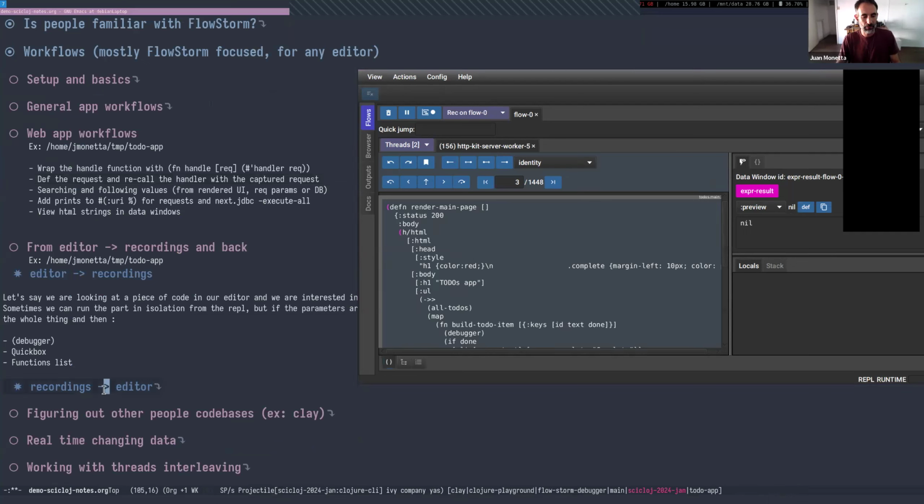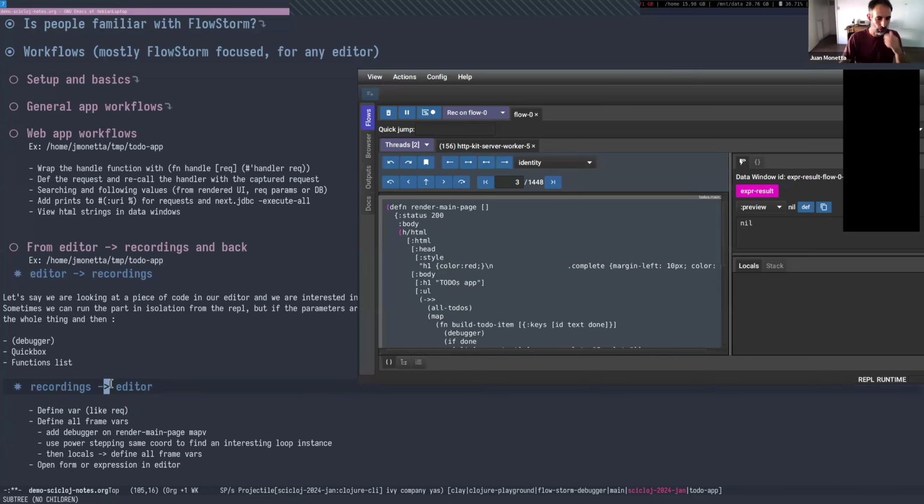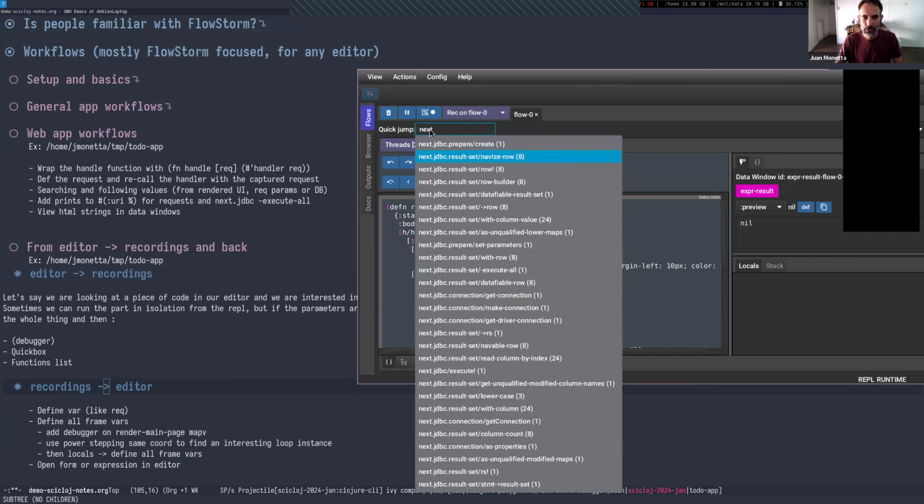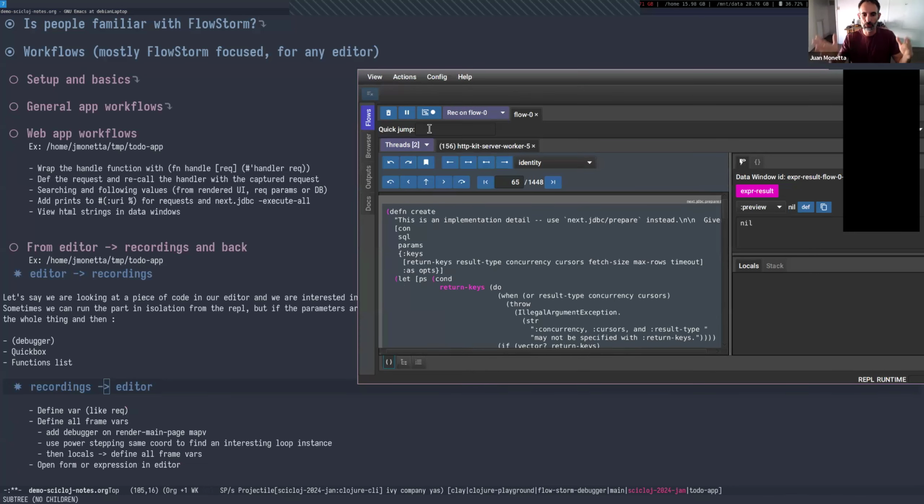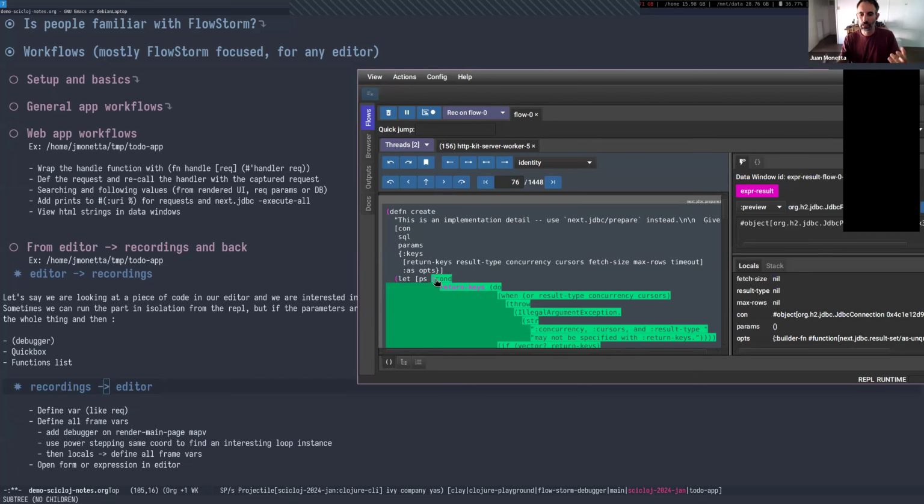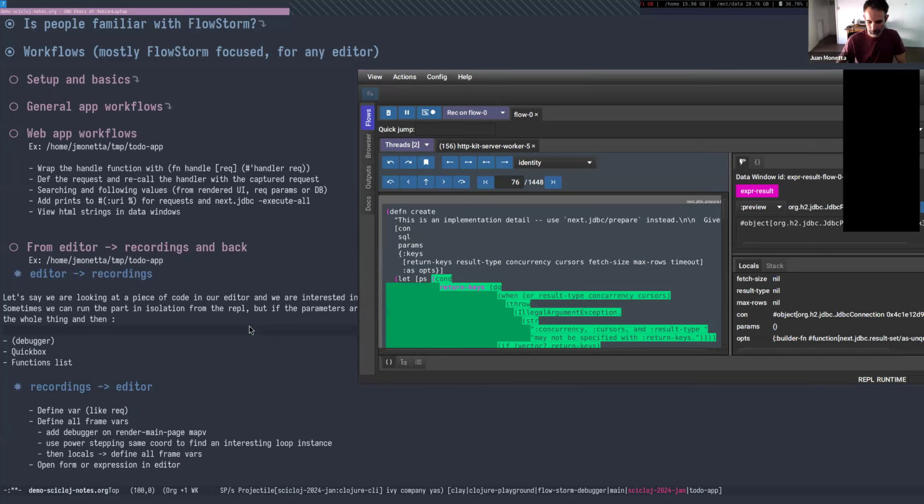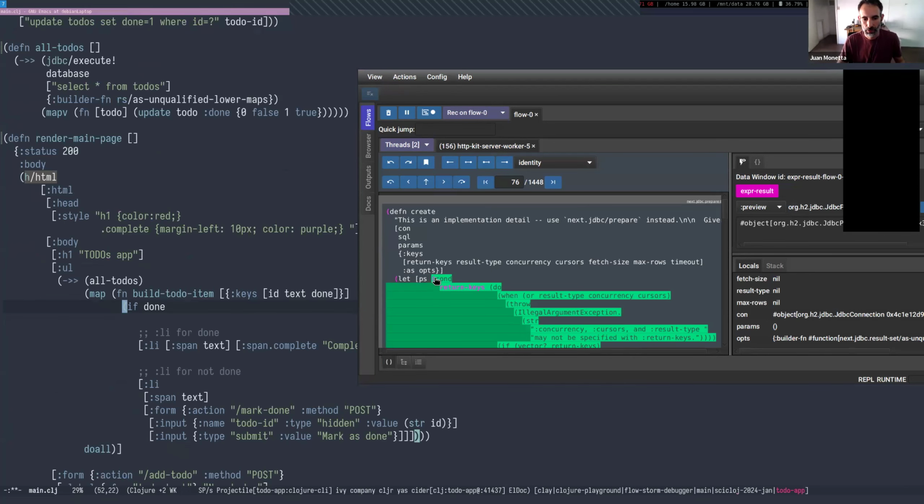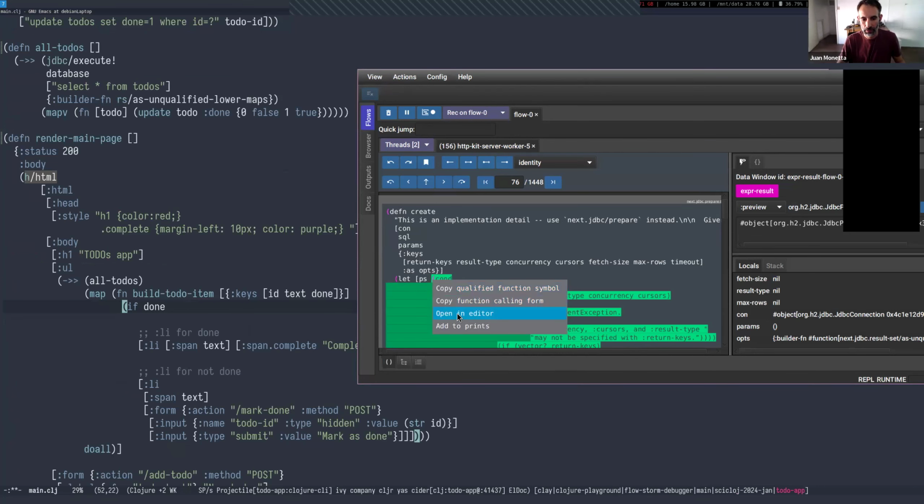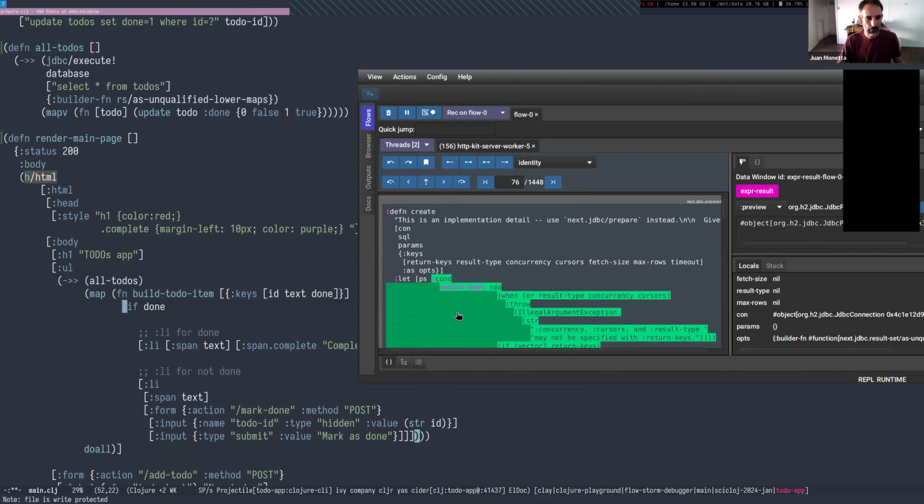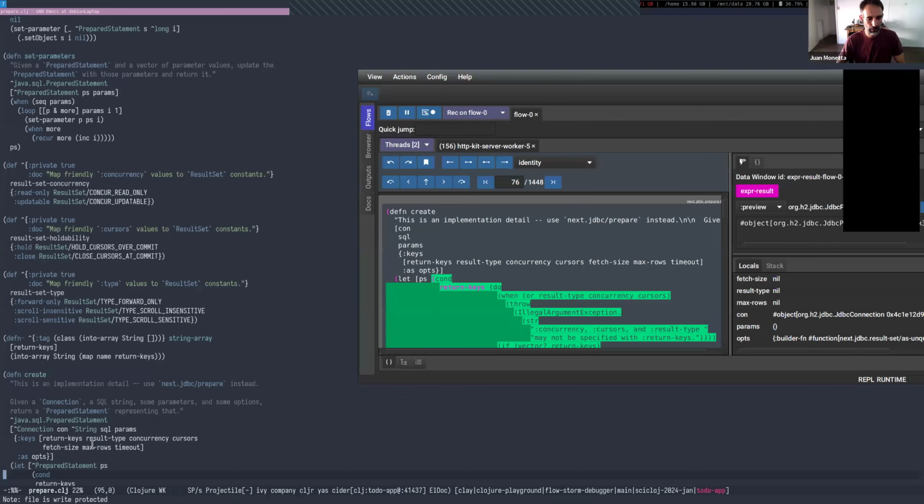And the other thing is going from recordings into the editor. Let's say we are looking at some next JDBC, prepare, create, whatever. We are debugging here. And we would like to, okay, take me to the editor because I want to see it here. You can right click here and open in editor, and that should take us exactly there